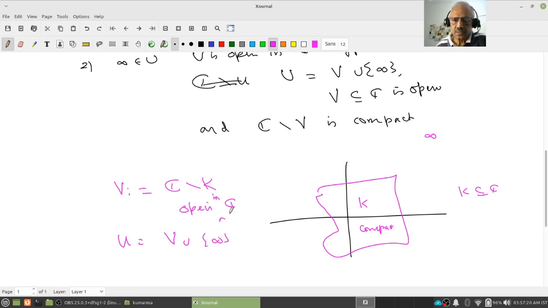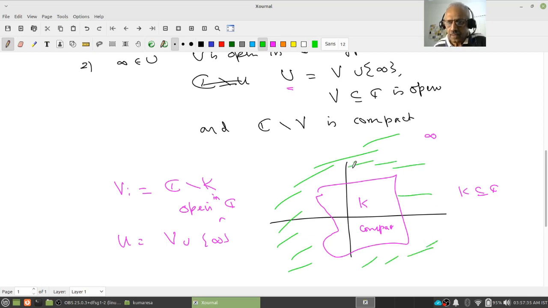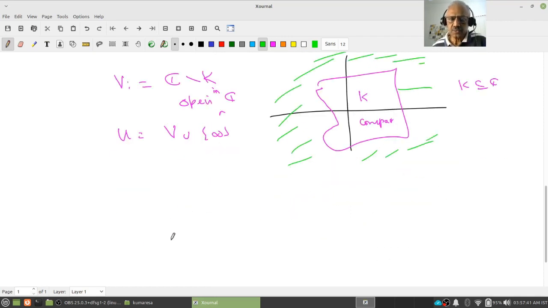So let us look at the set U. It is all these points, so let me use a different color scheme. It includes all these points including the point infinity. So essentially what does it mean? You take a compact subset of C, take the complement and include the point at infinity also, that's an open